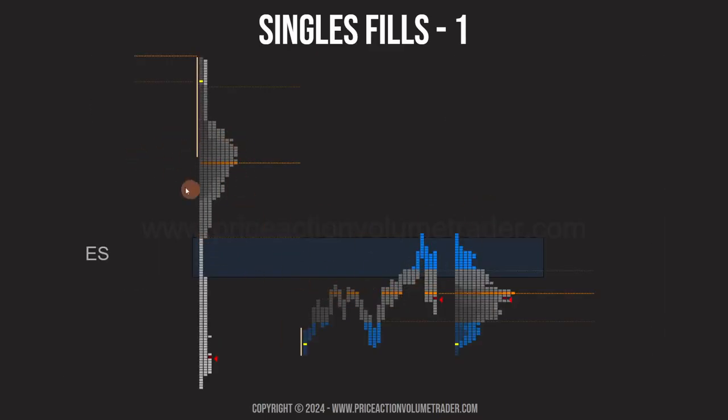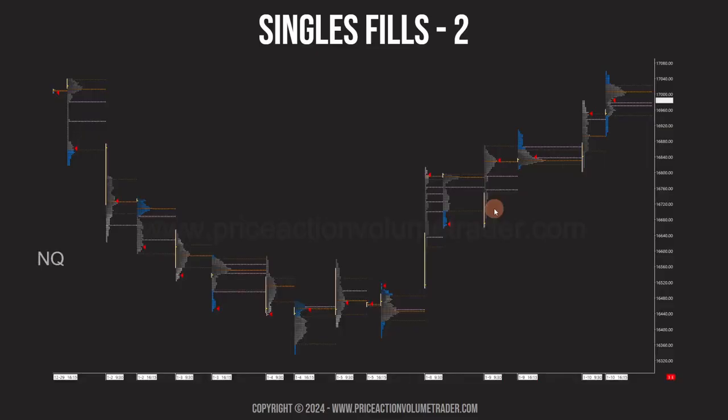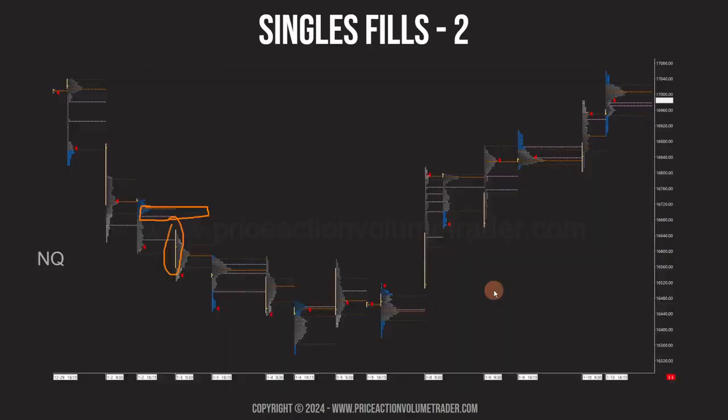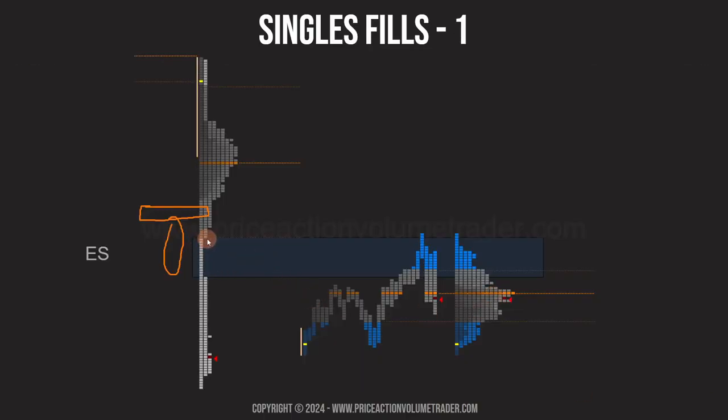Okay, well, I don't have the regular session split up, but basically all these moves were a single period. So when we look at the TPO, we have a clear gap right over there before we push down. And then all this area happened within a single period. So that's why when we look at the session profile, we have this large,